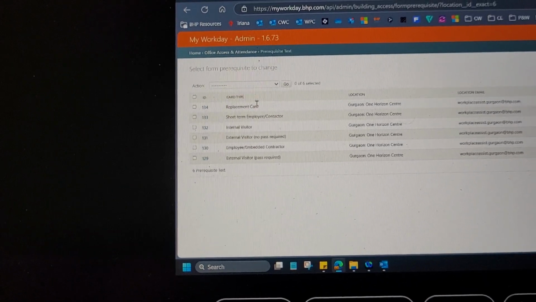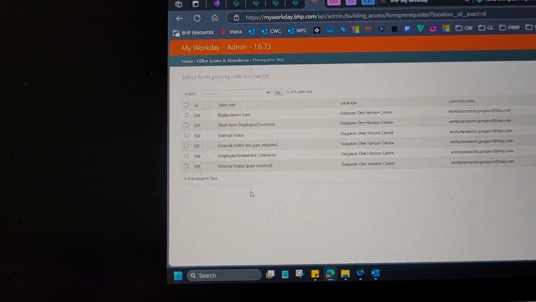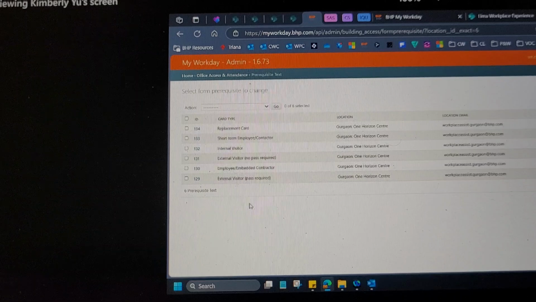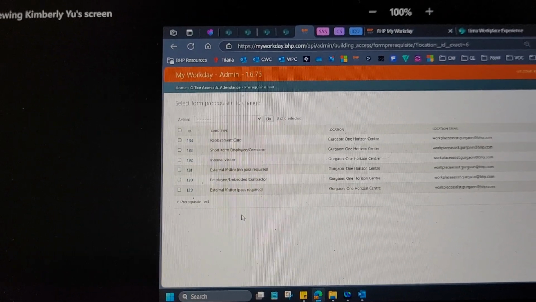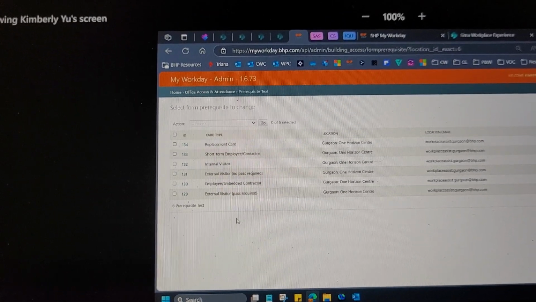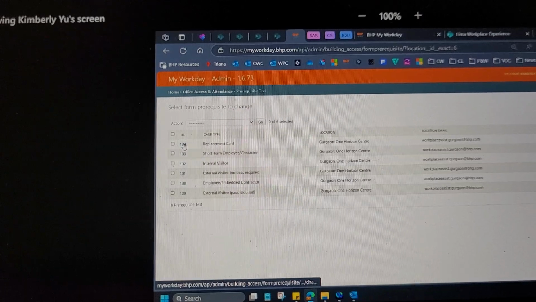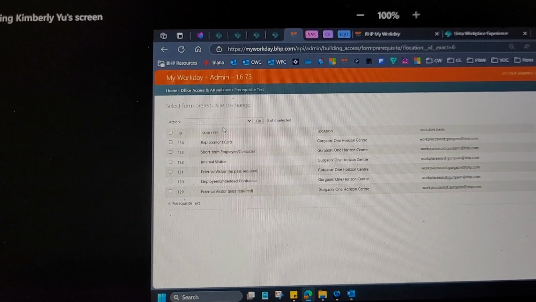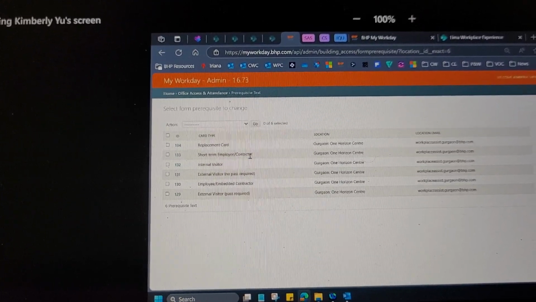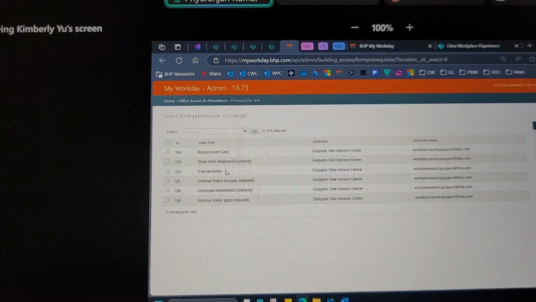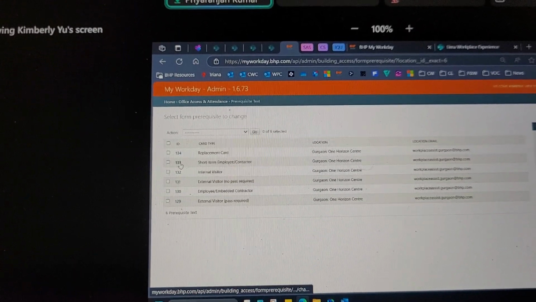Can I just confirm if we're offering all of these access types? Replacement card in case of lost or tampered. Short-term employee contract, usually we don't have short-term employee contract as of now, but